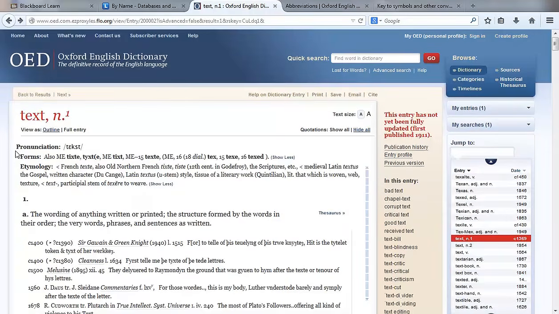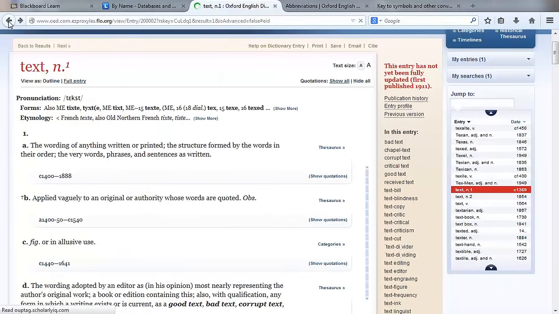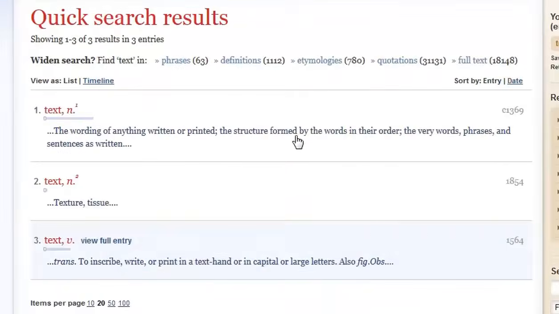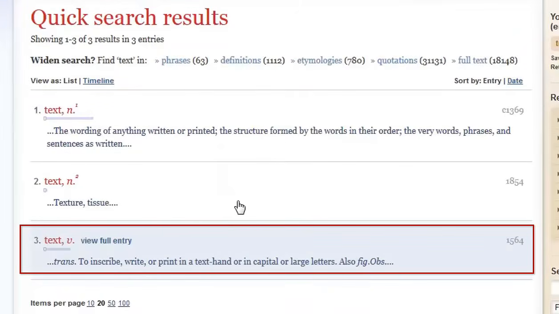Now let's go back to the results page for our search for the word text. We're all familiar with the current use of the word text as a verb. To text someone is to send someone a text message. But did you know that text was used as a verb as early as the 16th century? Here we have the entry for text as a verb. If we click on that entry,